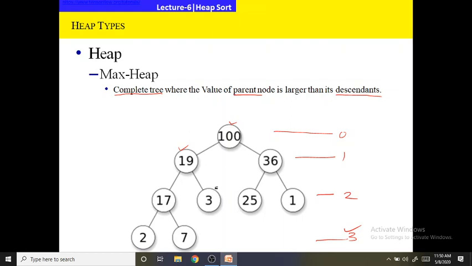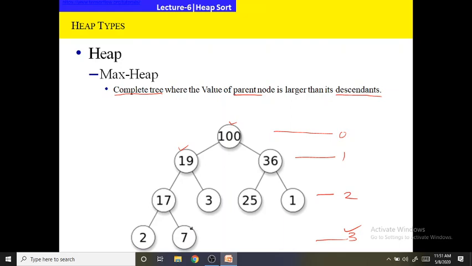The 0th level contains one node, the 1st level contains 2 to the power 1, that is 2 nodes, the 2nd level contains 2 to the power 2, that is 4 nodes, and the last level 3 contains only two nodes, so except possibly the last level. The last level should be filled as far left as possible. So the left is filled with 2, and then we go to the right of 17, that is we have inserted 7.